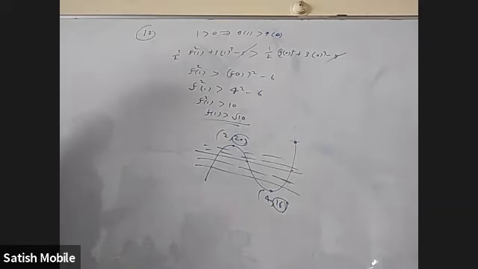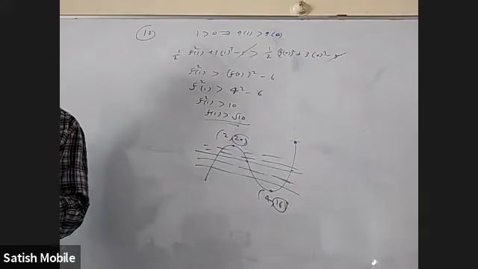Up to 16. Any other doubt? Up to 20. 17th, what is contrapositive? We will not know now. Later on, there's a topic called mathematical logic or mathematical reasoning. In that chapter, we will study about this. Okay?